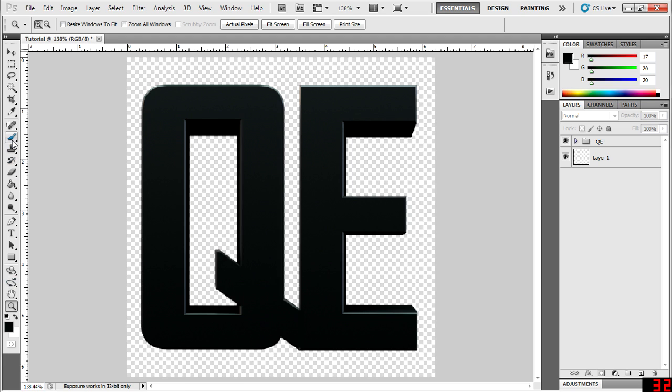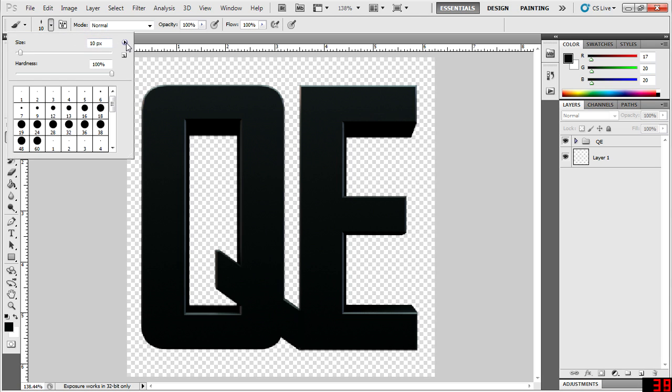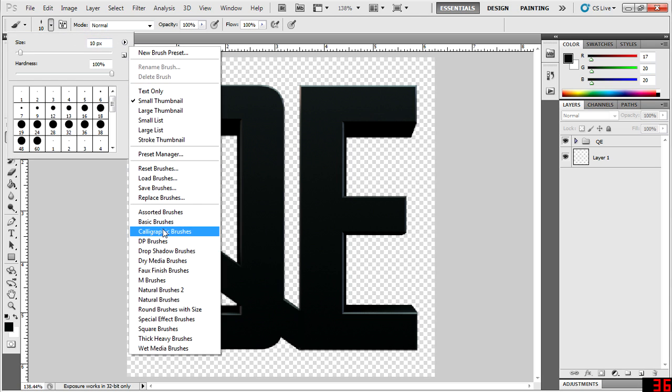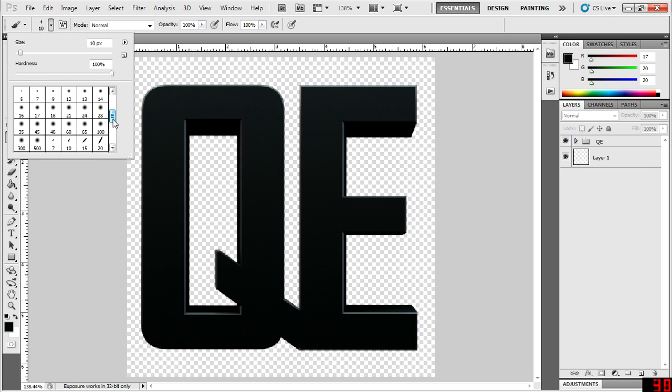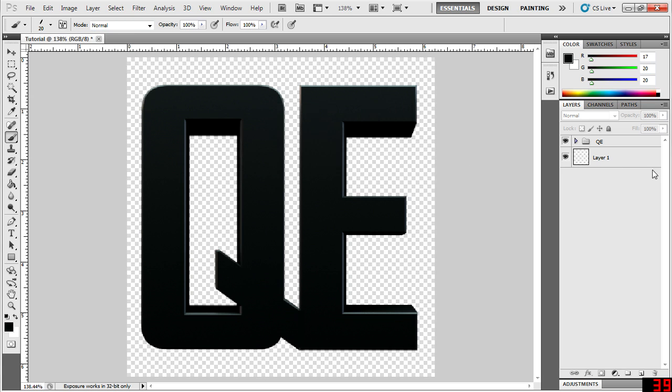Alright, the first thing you're gonna want to do is go to your brushes and go over to this little options arrow, and you need to click calligraphic brushes. And if you click OK, it'll switch out all the brushes to calligraphic. And if you click append, it'll just add them in here. So it's really up to you. I'm gonna use about a 20,